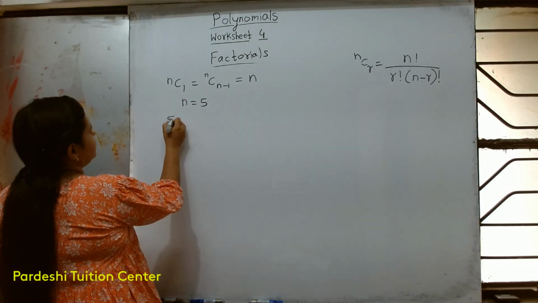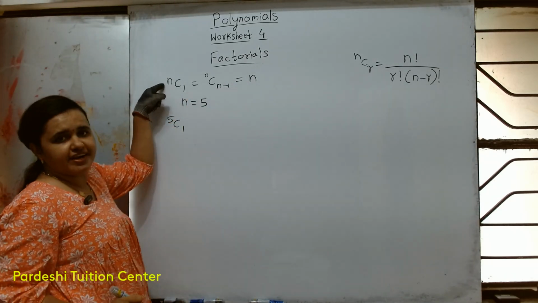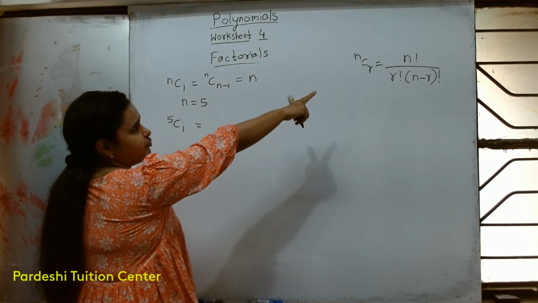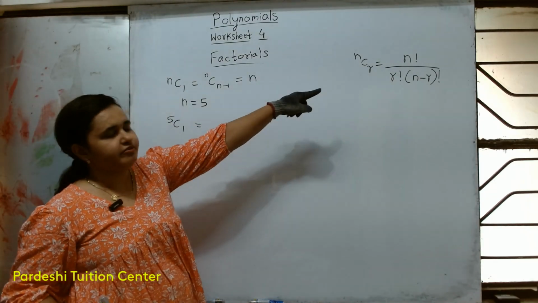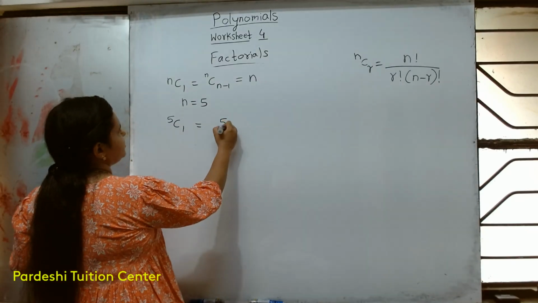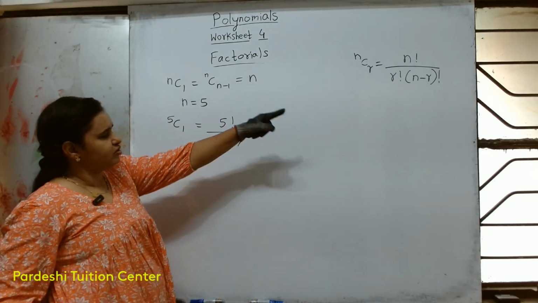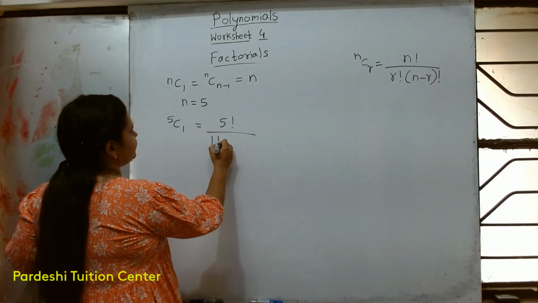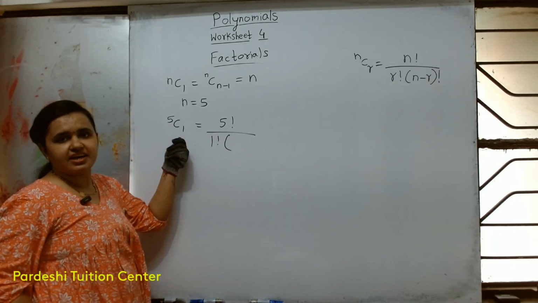So here it will be 5C1, I put the value of n as 5. Again put that formula, it was n factorial upon r factorial, that is 5 factorial, and here r is 1, so 1 factorial into n minus r, means 5 minus 1